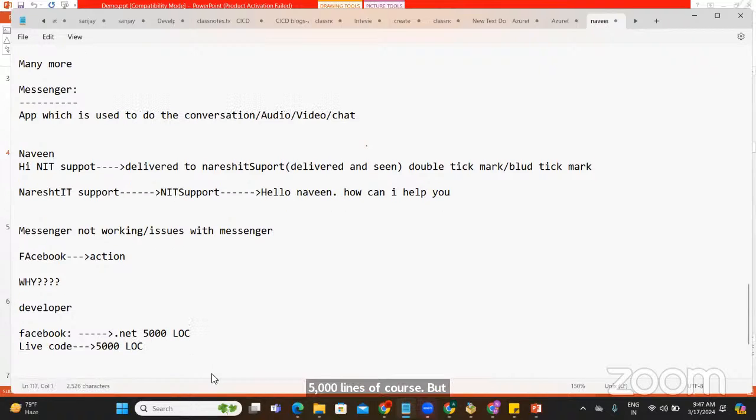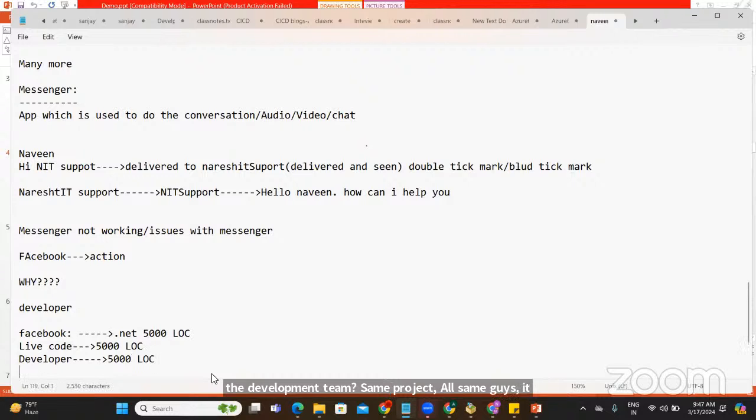Now, the next thing you have to keep in mind is when the developer comes into the picture and he is also looking into that, how many lines of code are there with the development team, guys? Come on, can anyone answer this question? The live code of Facebook is 5,000. Then whatever system the developer is using, how many lines of code would be with the development team? Same, Pradeep. 5,000 only. All the same, guys. It should be 5,000 only.